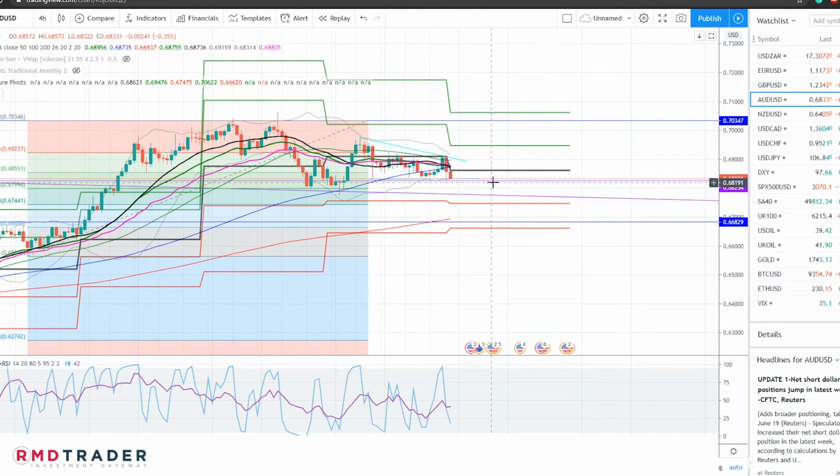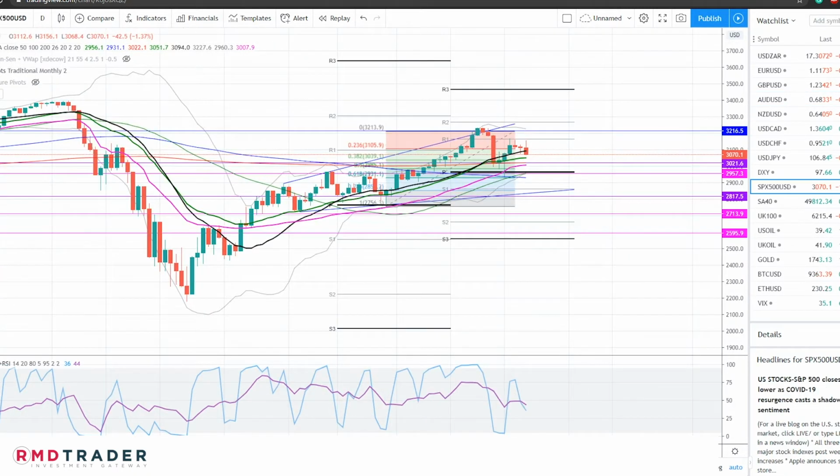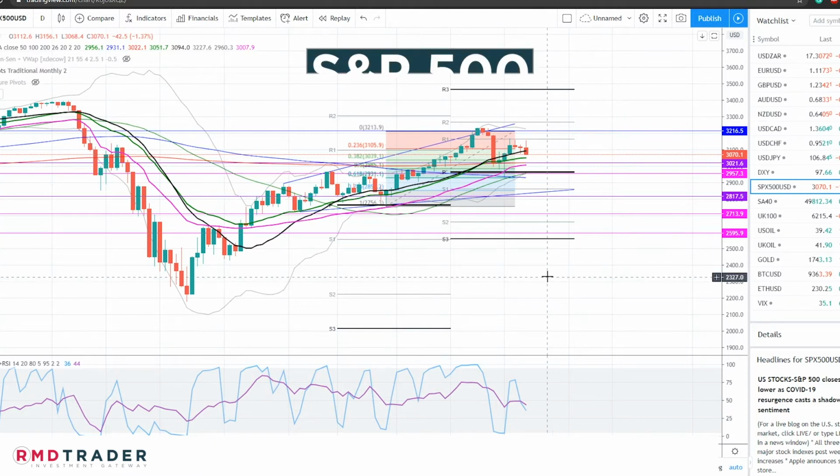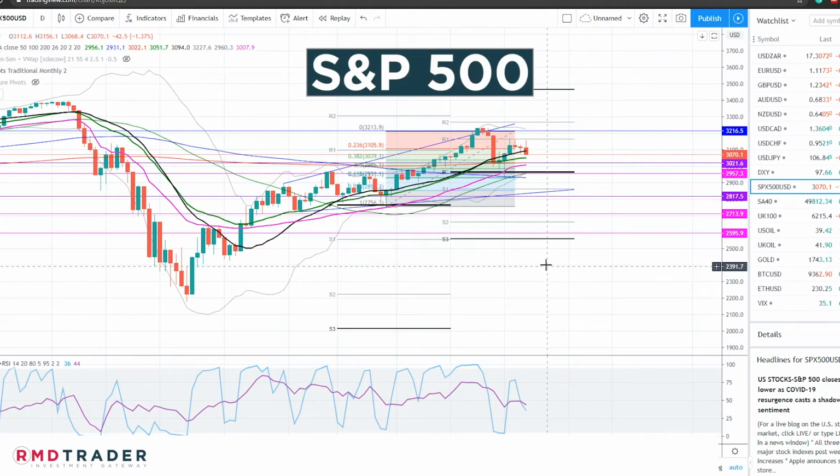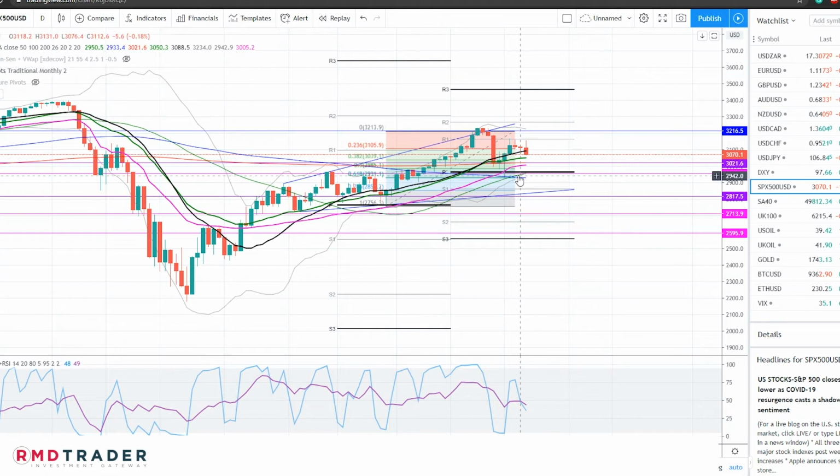And then should price manage to break above this consolidation area, our targets would firstly be our weekly R1 pivot level at 0.694, followed by the previous highs at 0.703. Moving on to the US 500 or S&P 500 chart, starting on the daily time frame, we can see